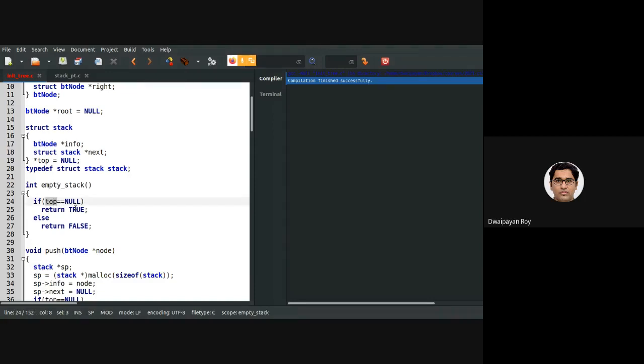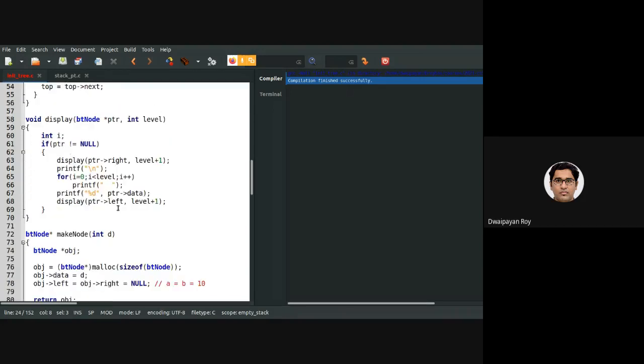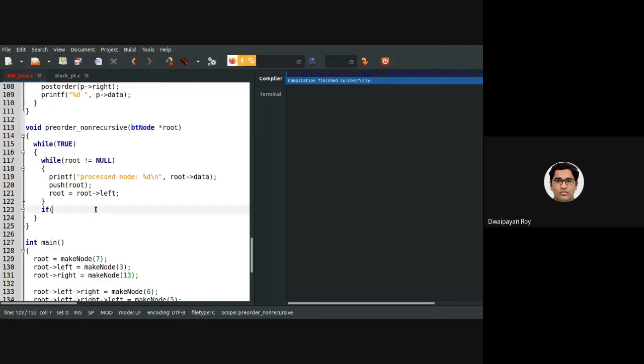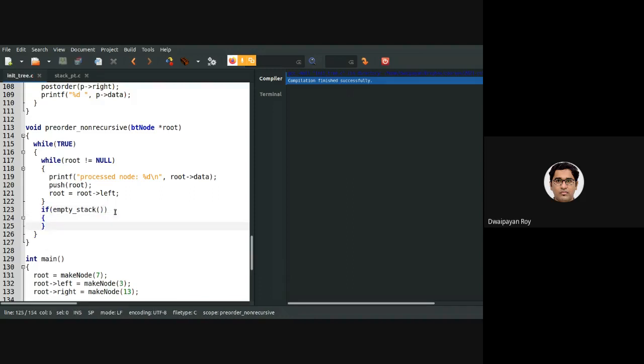If it is null, it returns true, which means the stack is actually empty. So we need to call this empty stack function. I can write empty stack equals true, or I can just leave it like this as well. By default, this will be considered true when it returns a true value.